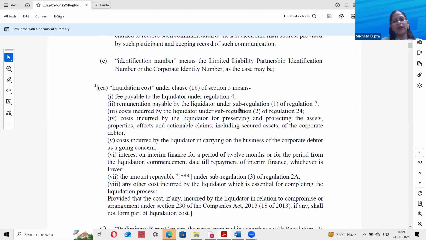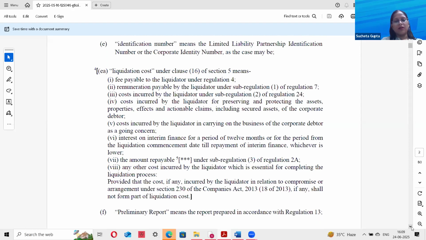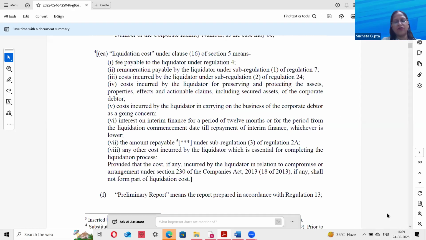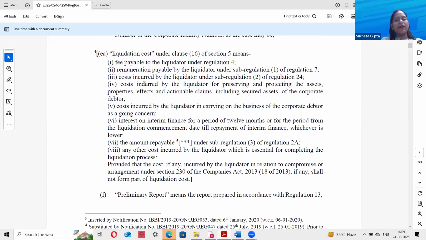Remuneration payable to the liquidator under sub-regulation 1 of regulation 7 will be considered as the liquidation cost. Cost incurred by the liquidator under sub-regulation, so these regulations, 7(1), 24(1), (2), we will discuss later on in this regulation part also. And cost incurred by the liquidator for preserving and protecting the assets, properties, effects, and actionable claims, including secured assets of the corporate debtor, and cost incurred by the liquidator in carrying on the business of the corporate debtor as